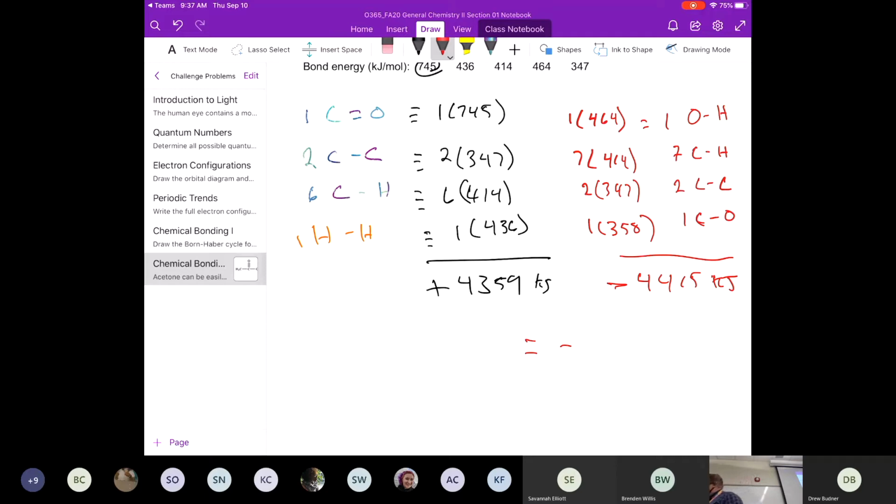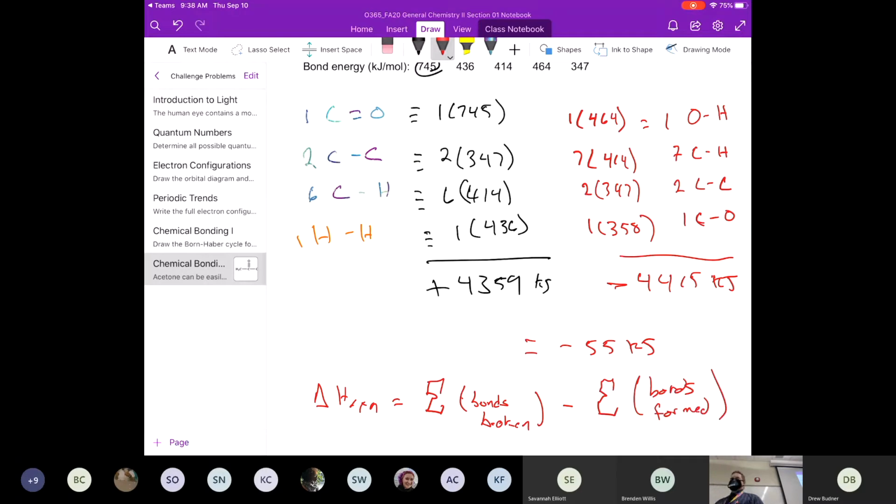And it's exothermic by, if I did my math right, 55 kilojoules, right? So we are adding those two together because the products are going to have a negative, or we can talk about the delta H of this reaction as being the sum of the bonds broken minus the sum of the bonds